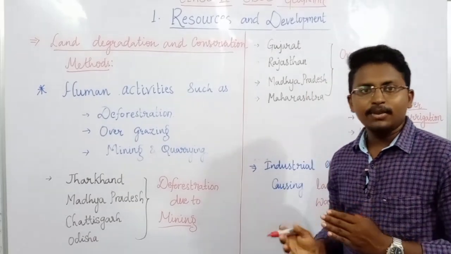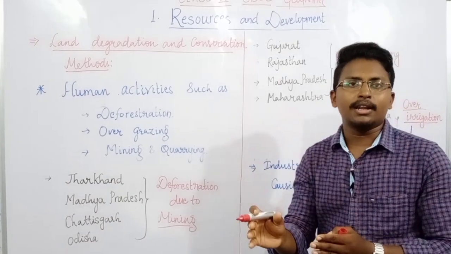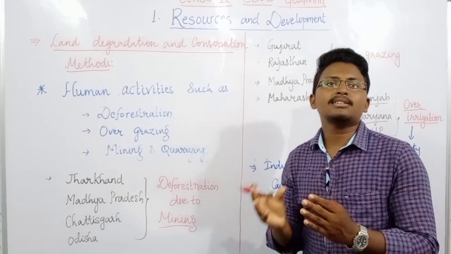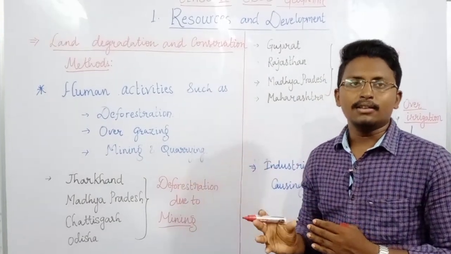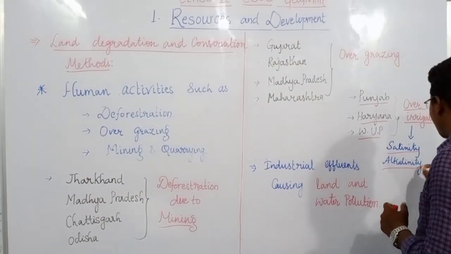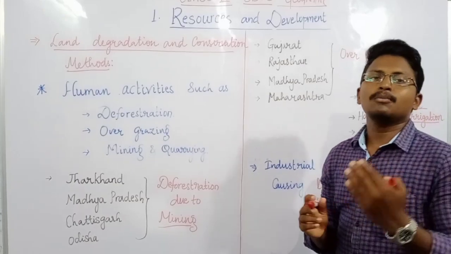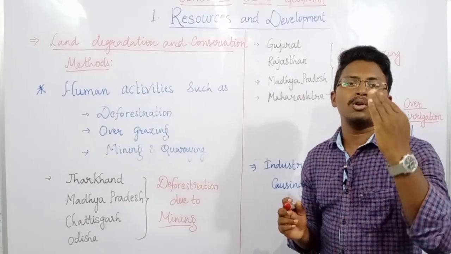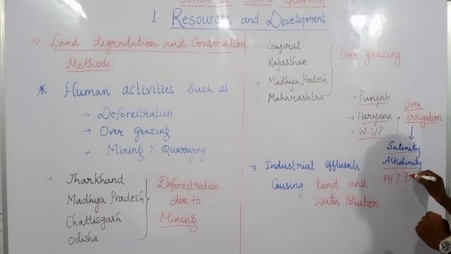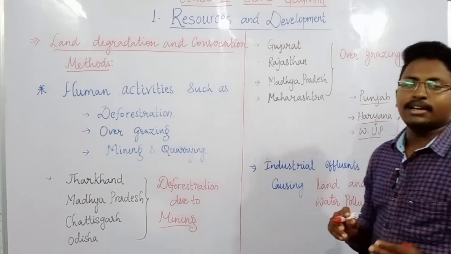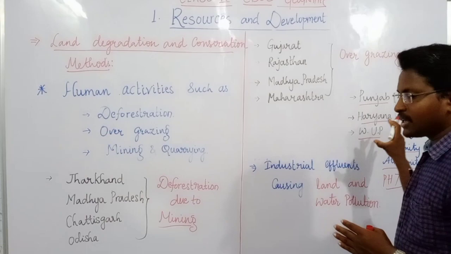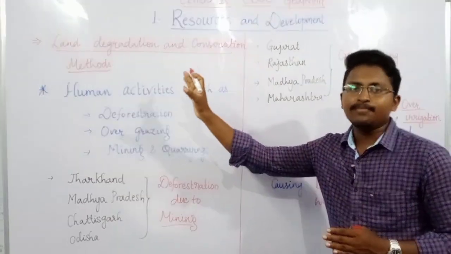Therefore, when people use more and more water for these seeds, the water gets mixed with the fertilizers used in the field. So in the soil or in the land, the salinity and alkalinity are increasing more and more. The salt content is increasing. At the same time, alkalinity means the pH value is more than 7. So this is also increasing more and more. Because of over irrigation also, the land is being degraded.